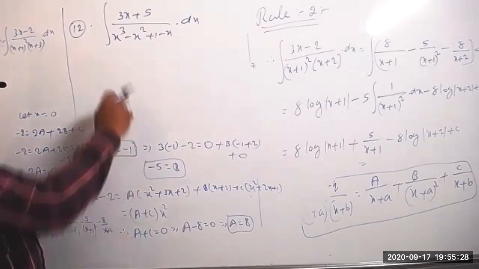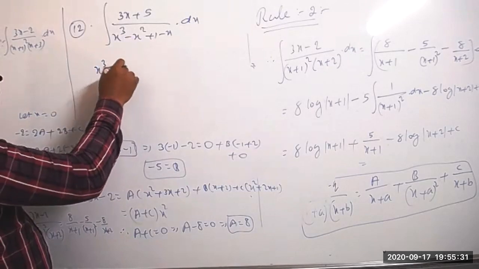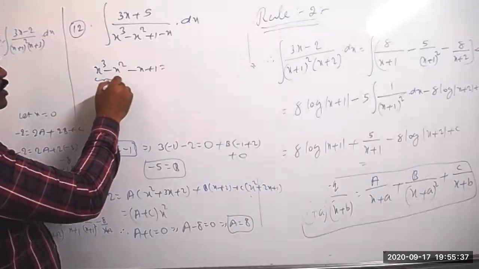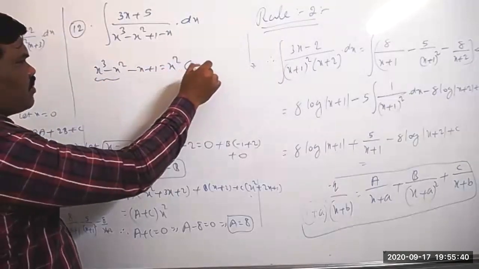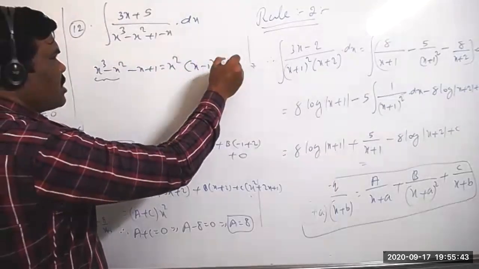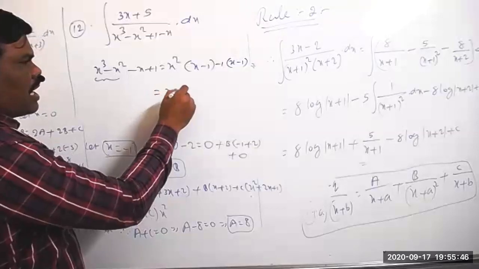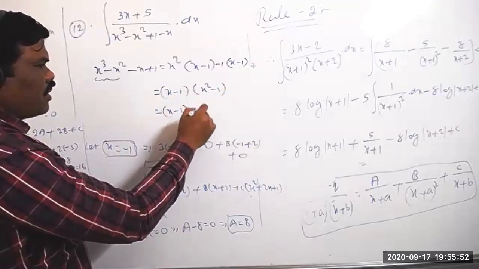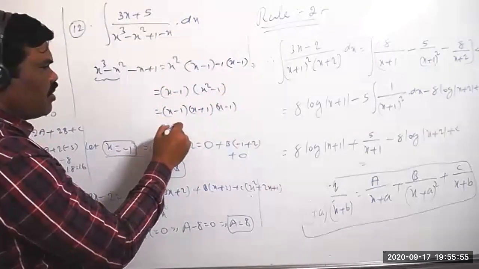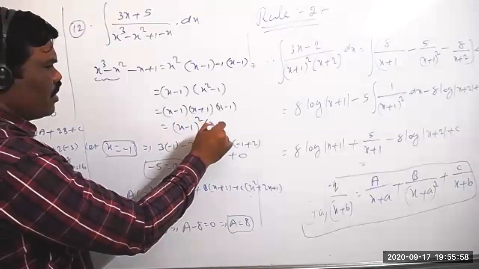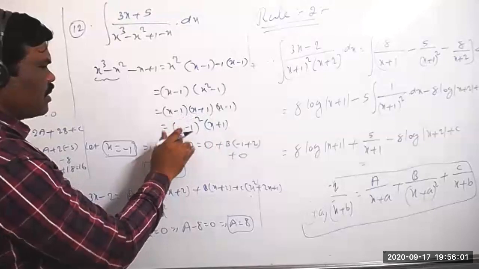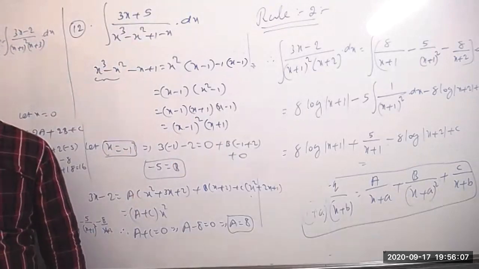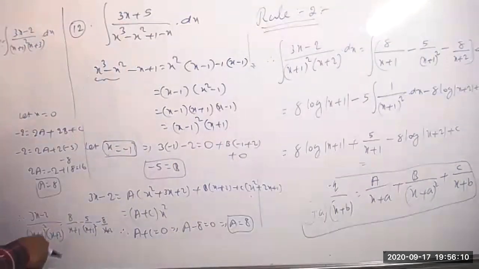Okay. So I am taking here now the denominator x cube minus x square minus x plus 1 is equal to, clearly from these two terms what is common here now, x square common. So this is x minus 1. So from this one if we take minus 1 common, we get x minus 1. So again x minus 1 into x square minus 1. So x minus 1 into this one I can write (a plus b) into (a minus b). See clearly we got now (x minus 1) whole square into (x plus 1). That means in this question also the denominator has repeated linear factors. I mean, clearly rule 2 only. Clearly rule 2.